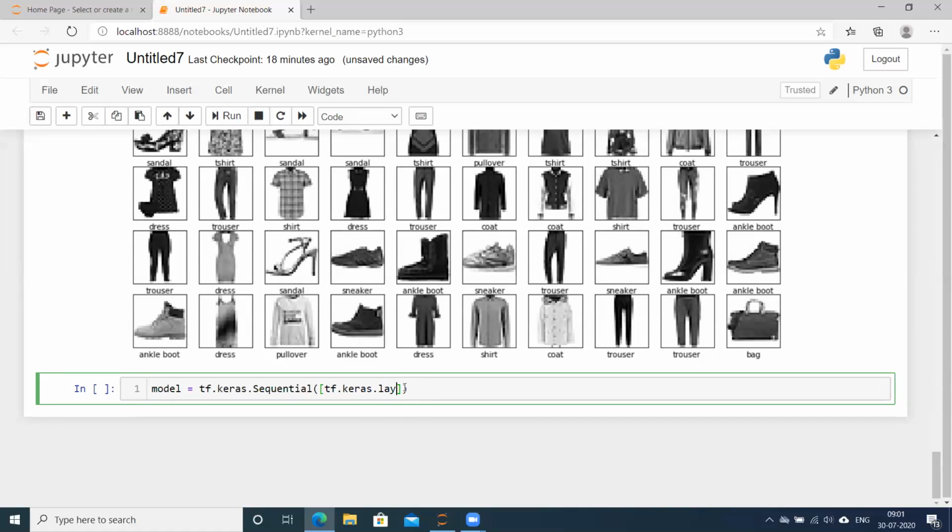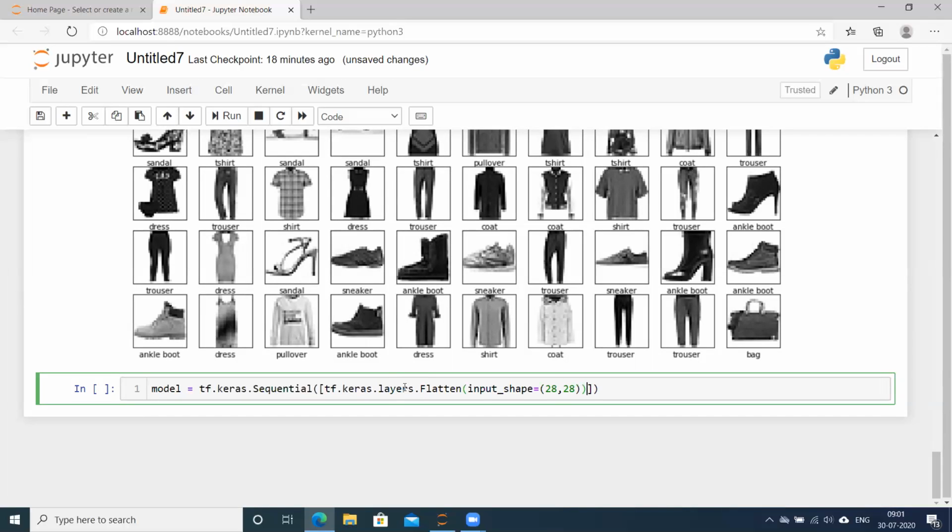So like layers.Flatten, and here we can tell what our input shape of these images is. The input shape is basically the image size, 28 by 28.